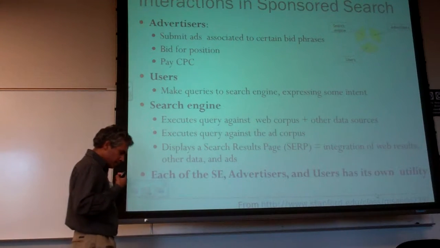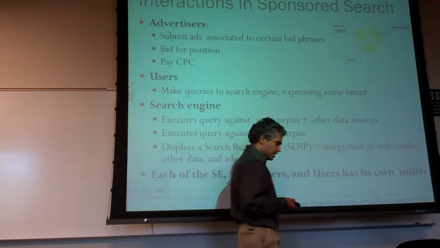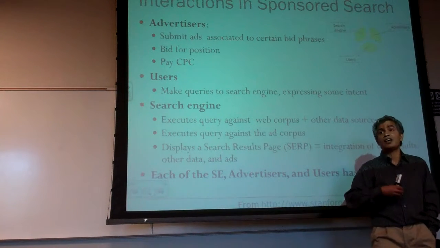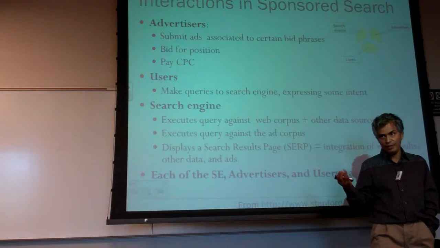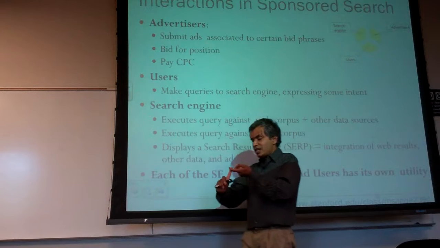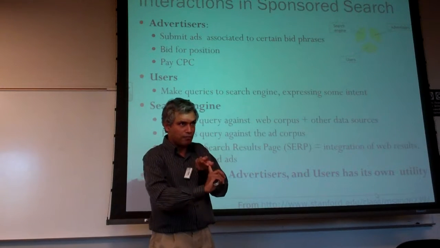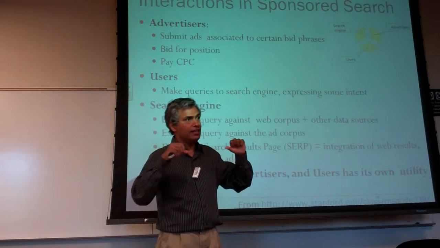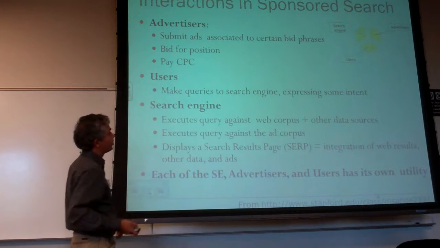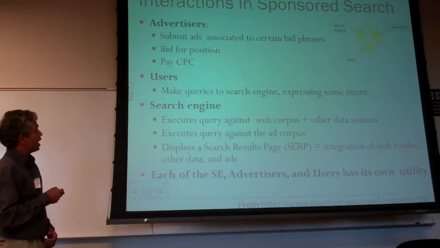So in some sense, if you're talking about what's the best search advertising system, somehow it has to take into account the utility metrics of all three of them. Okay, but the interesting question of course is, sometimes they are synergistic, they mesh well, and sometimes they lock horns, they don't mesh well. So that was what I was talking about at the very end of the class. So advertisers,